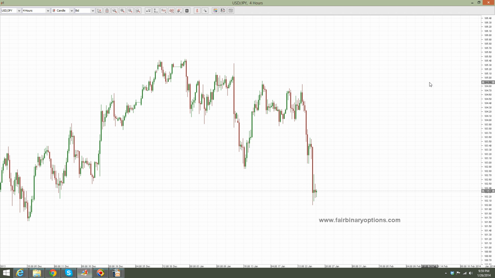It is still Sunday 10 p.m., the 26th of January, and we are preparing the next trading week. What we are looking at is the US dollar Japanese yen. As you can see, it is the 4-hour chart, and the US dollar Japanese yen, as it happened with the equity markets in the United States and all over the world, has been going to the downside,